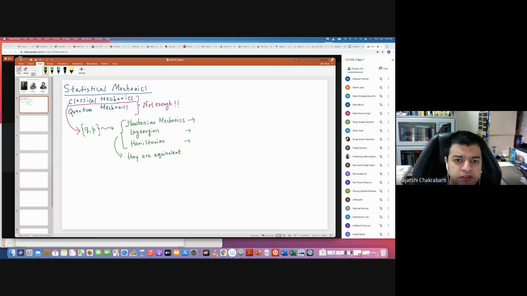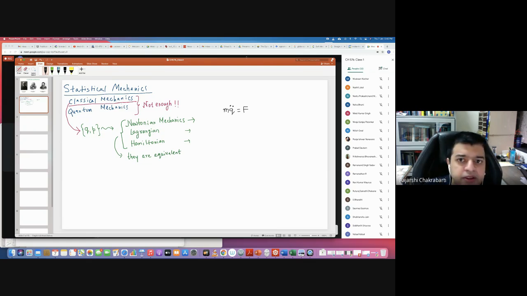But what is Newton's equation of motion? I hope you remember. If I take a single particle of mass m, and I am working in 3 dimensions, then you have a coordinate r. But for a generalized coordinate q, I can say m q double dot equals F. How many of you understand this equation? This is Newton's equation of motion, isn't it?